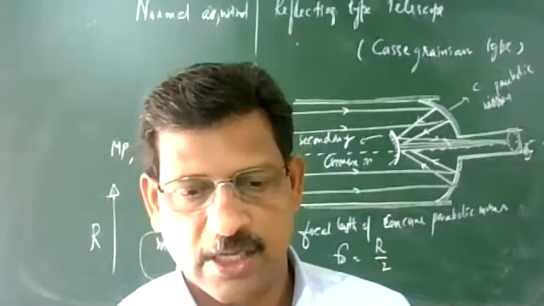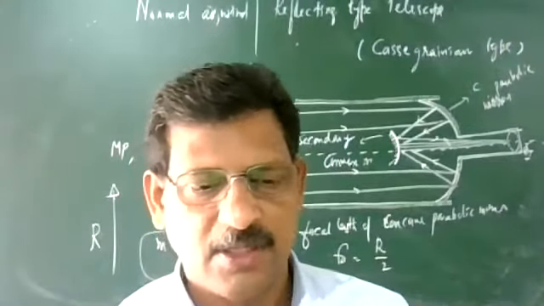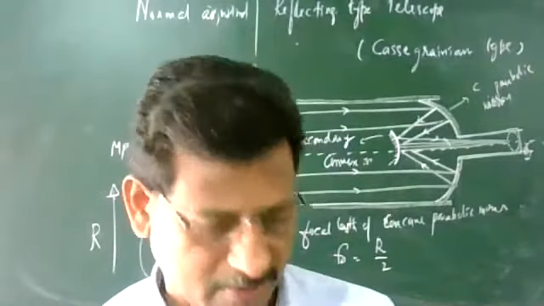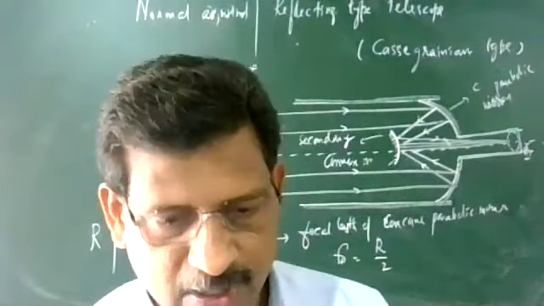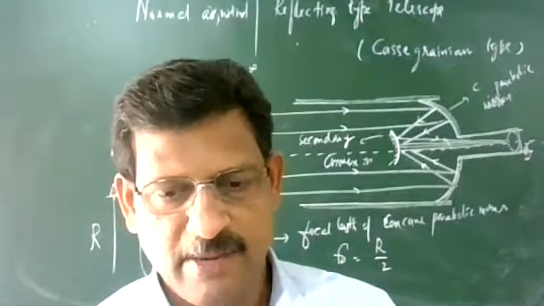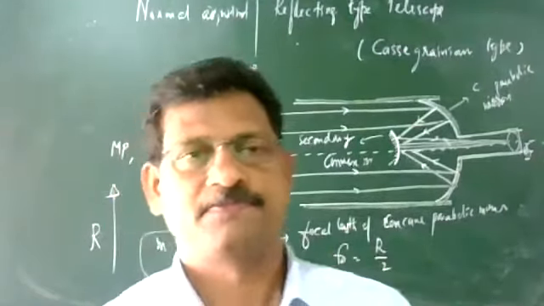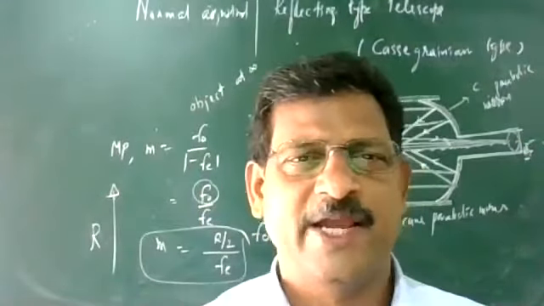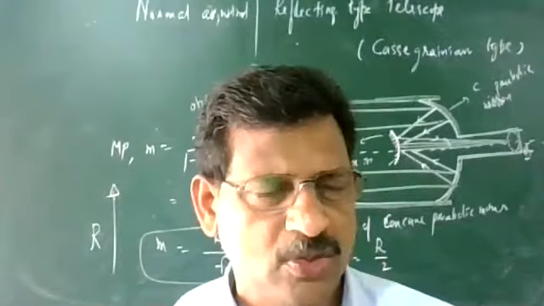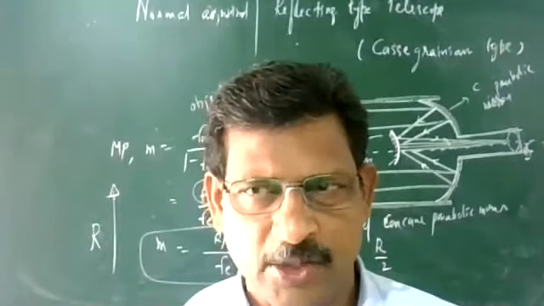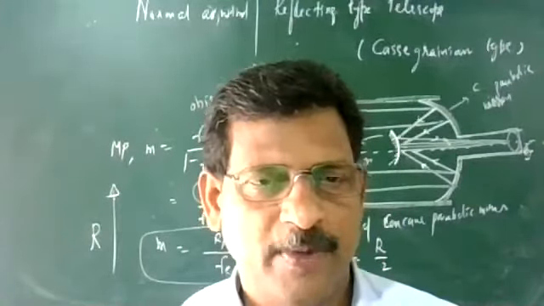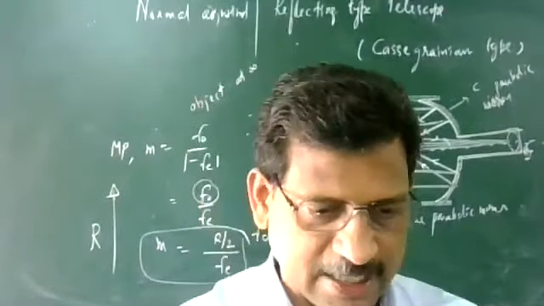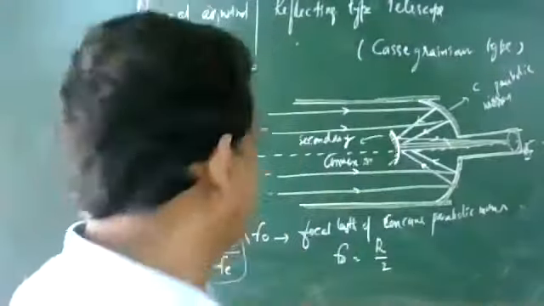Of course, it is not in your topic for this year, but you can just see it. What is the meaning of resolving power? Resolving power means the ability to resolve the images of two close by objects. Whether it is any kind of optical instrument, a microscope or a telescope, and the human eye is also an optical instrument. Suppose I am marking some points here, just tell me whether you can see them separately.